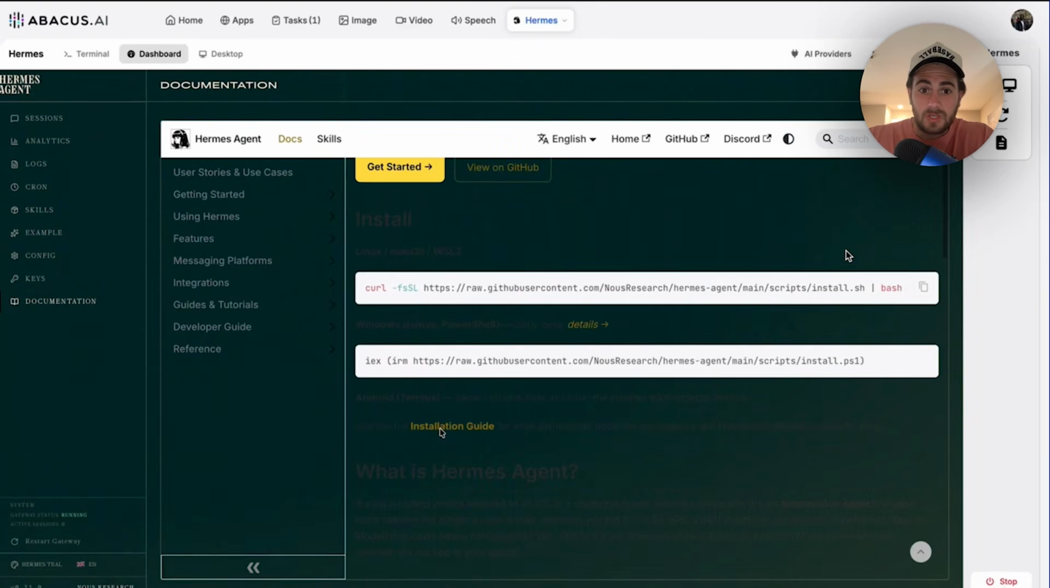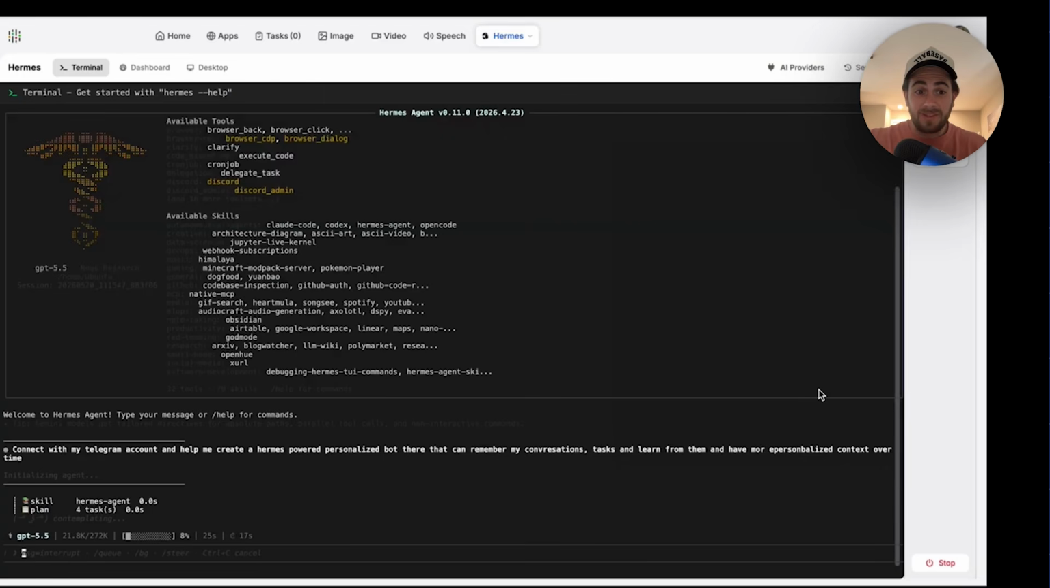Then the other thing that's actually incredibly helpful here is this also has documentation. So we have user stories and use cases, getting started, using it, different features, different messaging platforms, integrations, and I really like how well this is documented here. And another thing that's pretty awesome is you could actually just chat with it in order to determine what all it can do. And then another thing I wanted to show you here is actually getting this set up with